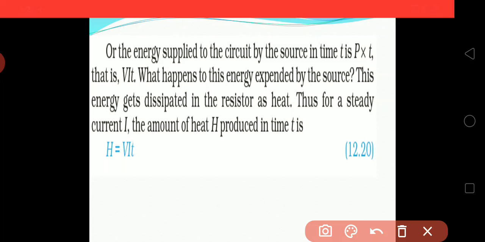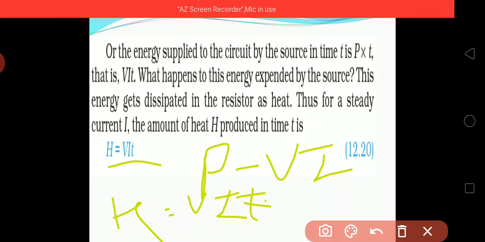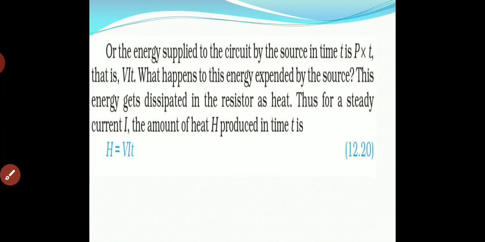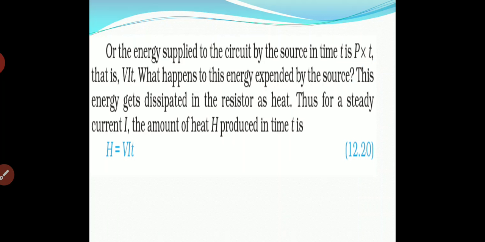So heat energy will be VI into T. P into T, where we already know that P is equal to VI. So H is equal to VIT. Thus the steady current will flow with how much amount of energy? VIT. Now applying Ohm's law, if we apply Ohm's law, then we will get